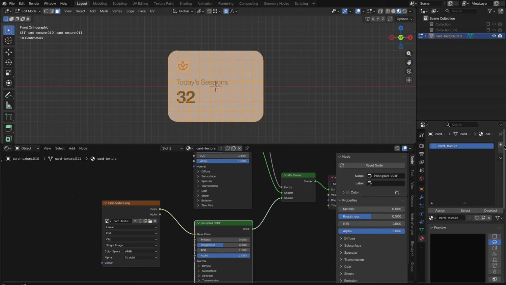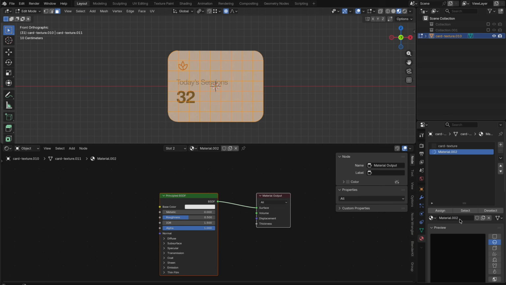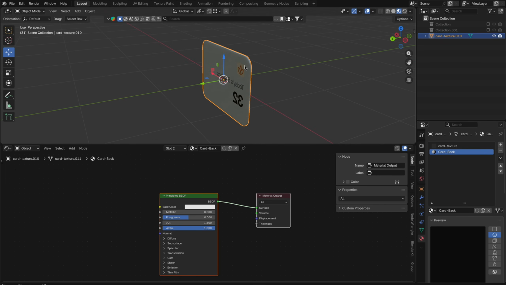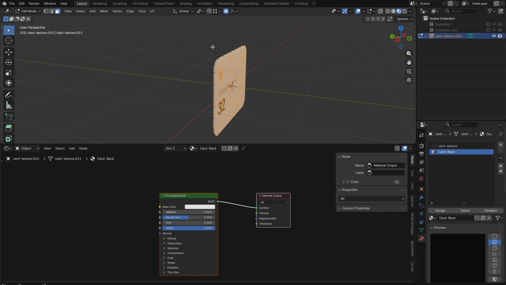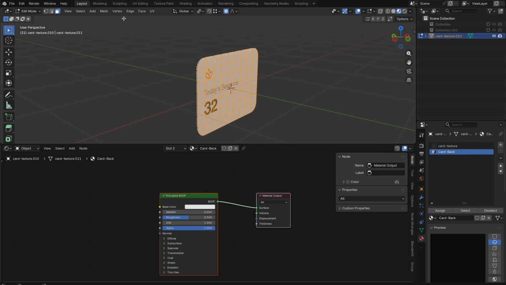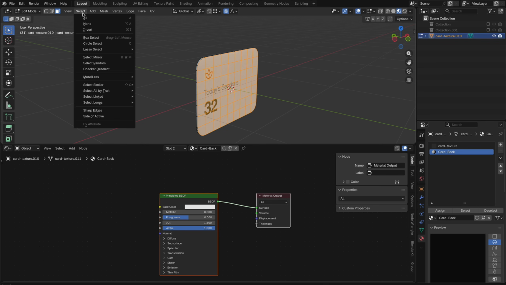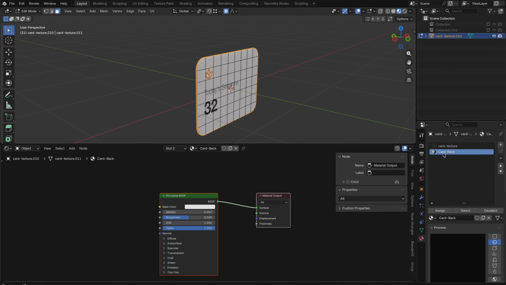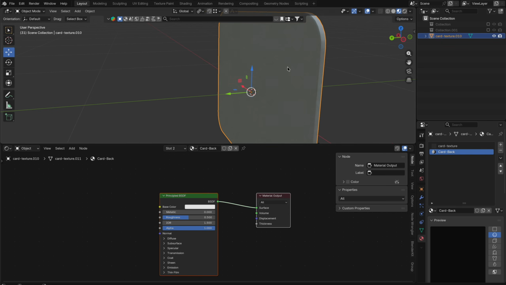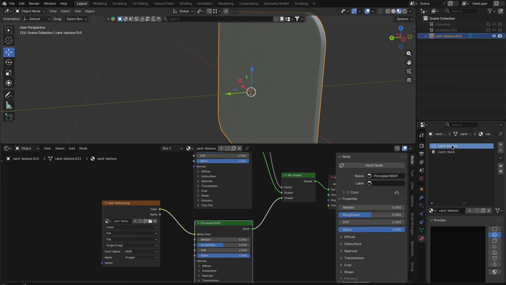Then I will create one more material, let's call it card back, and I will do next, I will select again the card, go into edit mode, go into the select and hit invert. With selected card back here, I click assign, so now this will disappear. Now what we need to do, we need to just simply